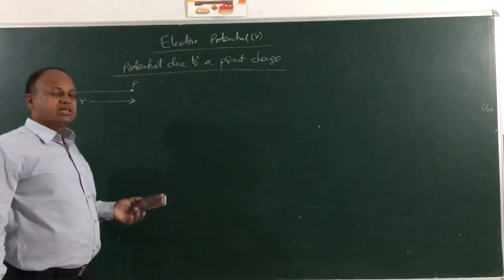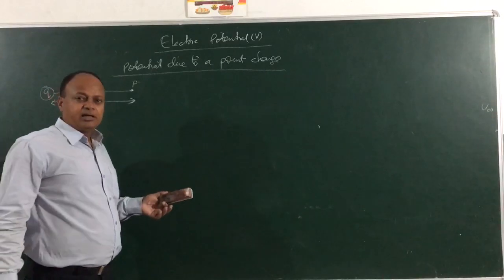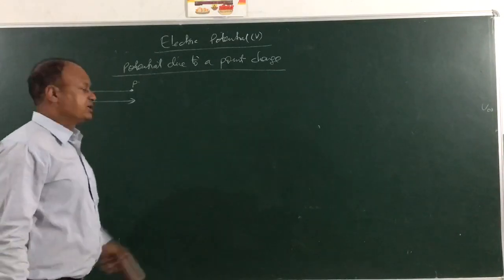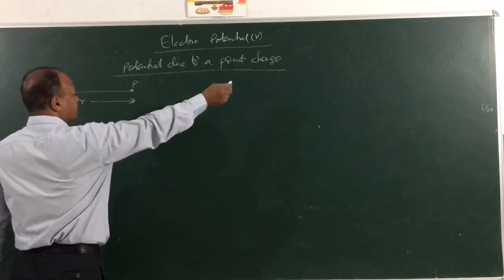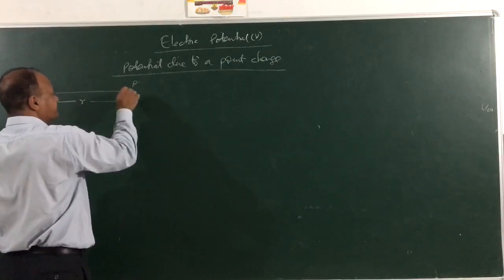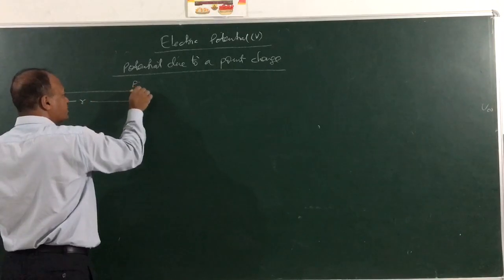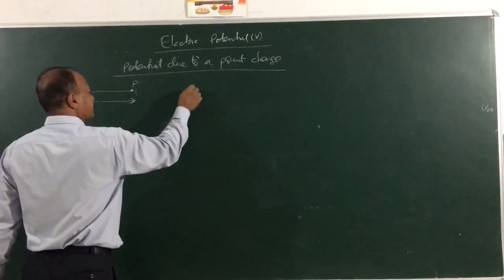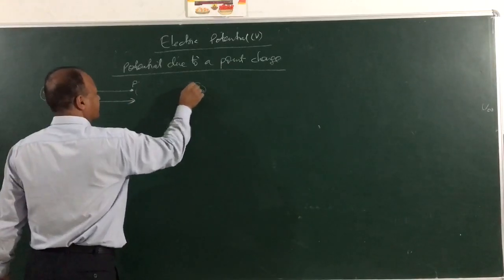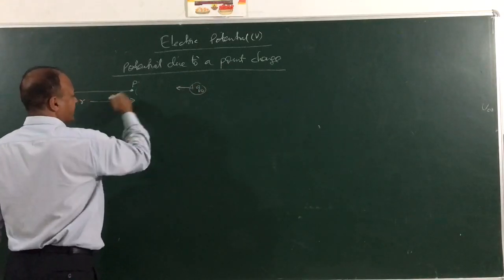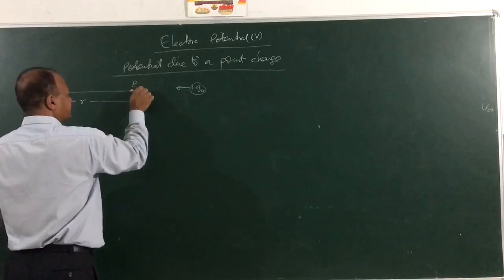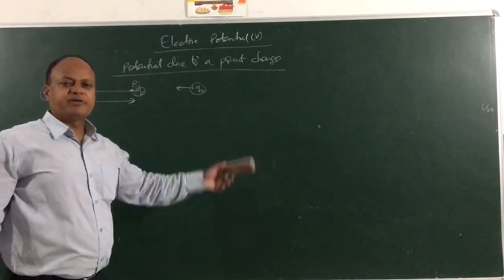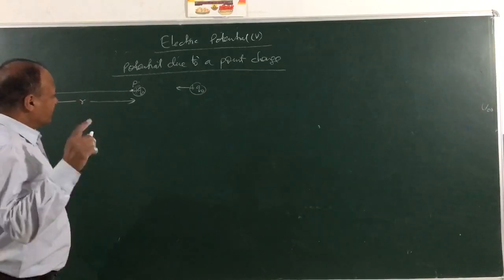Now, for measuring potential, as you know, I will be shifting a test charge from infinity to the given point. Suppose the test charge Q naught is here, or anywhere I can place it; that depends upon my convenience. After shifting towards it, finally it is brought here, Q naught, and here we finally place it. Remember, it's coming from where? Infinity. Let's understand this.